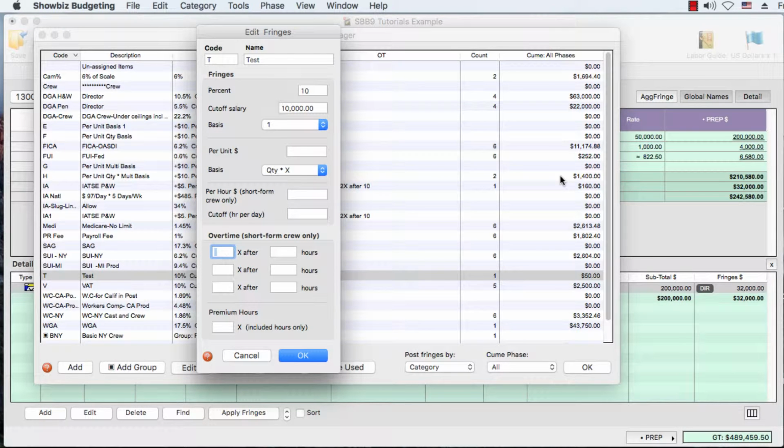Showbiz Budgeting 9 has added a considerable amount of flexibility in the creation and calculation of fringes, as shown here in the Edit Fringes window. Percentage-based fringes assume a calculation basis of 1. However, we've now added the capability for the user to apply the fringe cutoff for salary to use different calculation